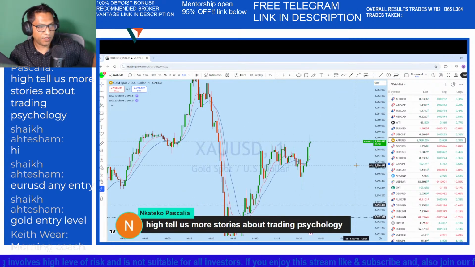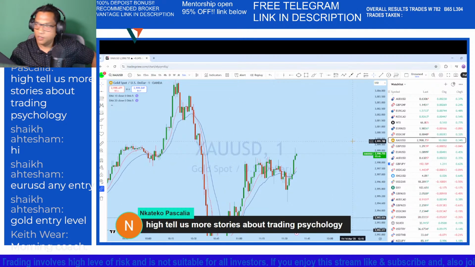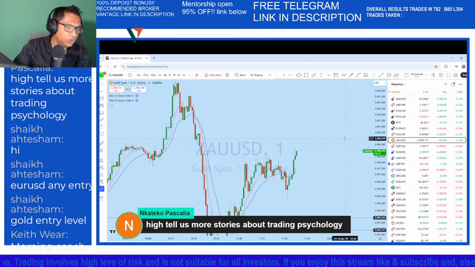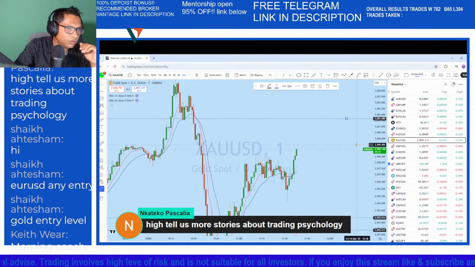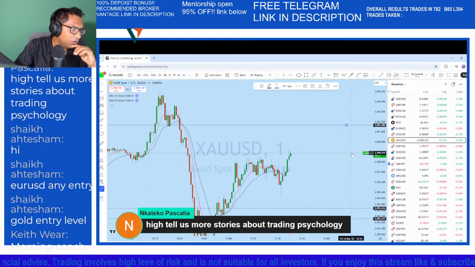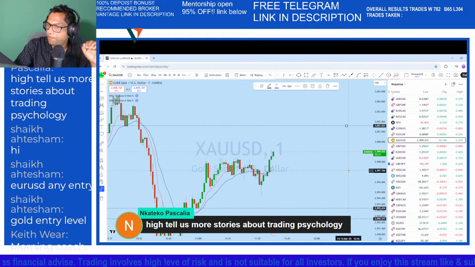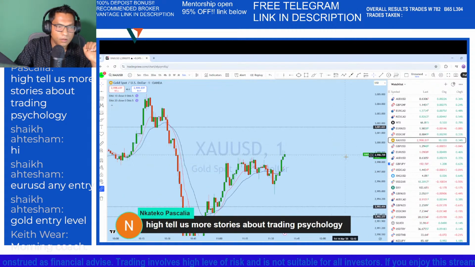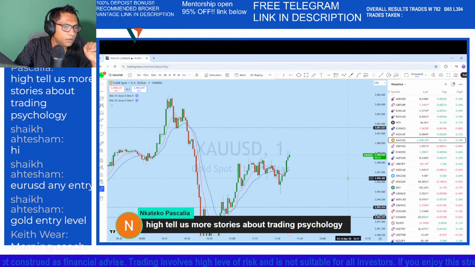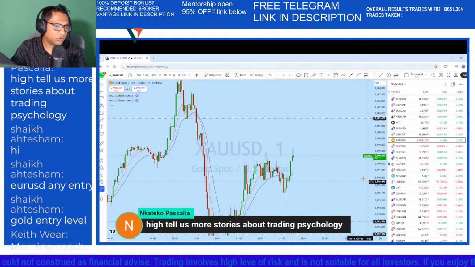Now we close the pending order. We'll be waiting to see new trend direction, and then once we find that, we will be looking for pending order. I think the market is going to go back to the 3000 level for a retest of this neckline. So as of with that move, this is a strong bounce here.